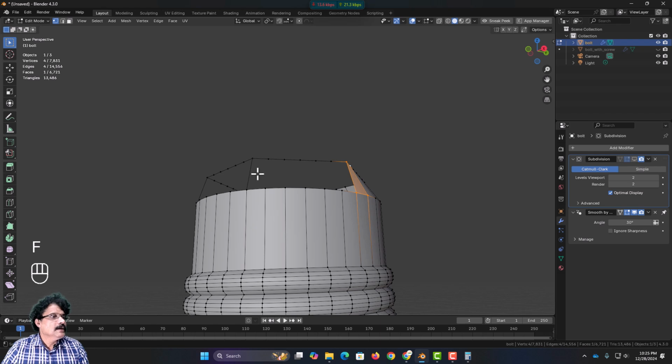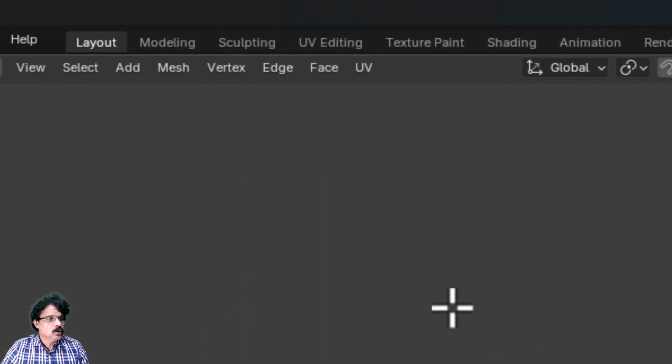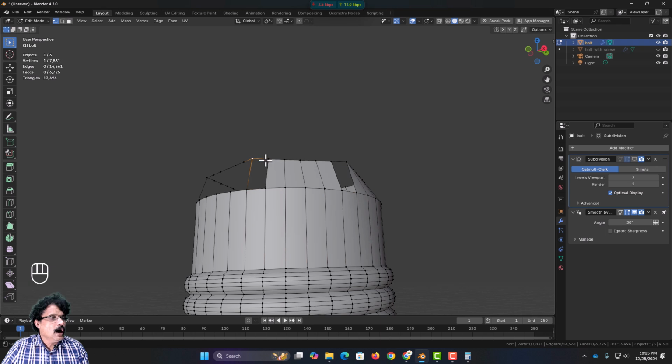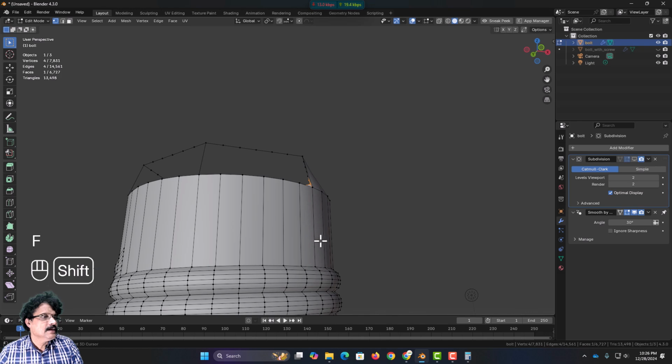So similarly here also I will select from here to here, then with shift pressed I will select this, and control shift I will select till here, come to edge, bridge edge loops, and then select 1, 2, 3, 4, press F to fill it. Then similarly here also I will select this and this, press F to fill it. And finally here also,